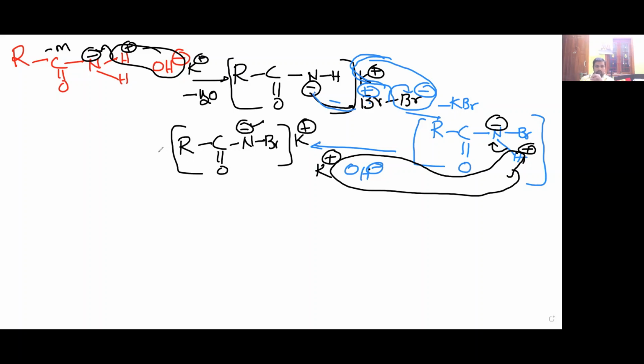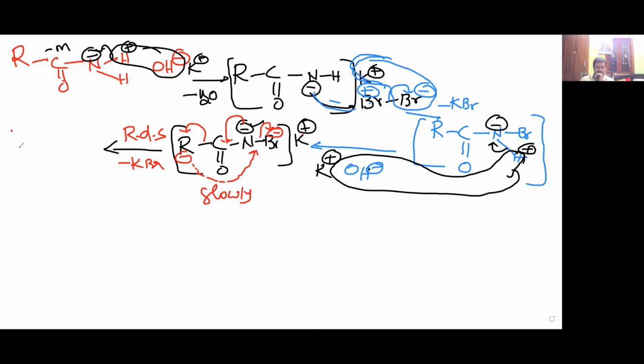This is the important step. The coming step is most important. This is the negative charge. Please keep remember, negative charge is shifted here. The alkyl group shifted like this, negative charge attached to the nitrogen, and Br minus leaves here. KBr is eliminated, minus KBr. I will write this is the slow step, RDS. This has happened slowly. Okay, this has happened slowly, RDS.